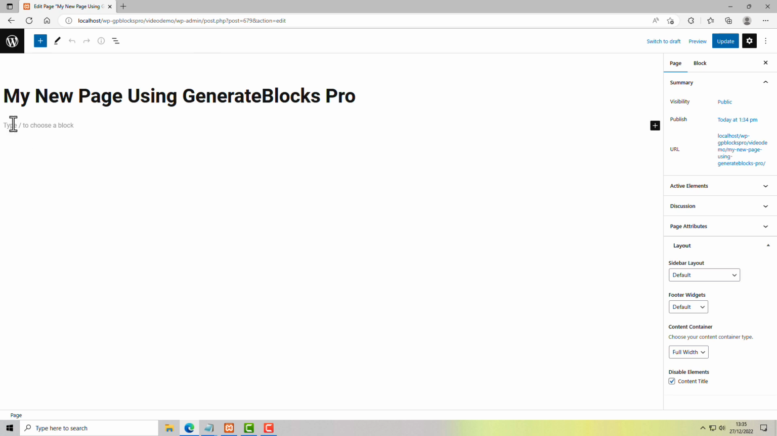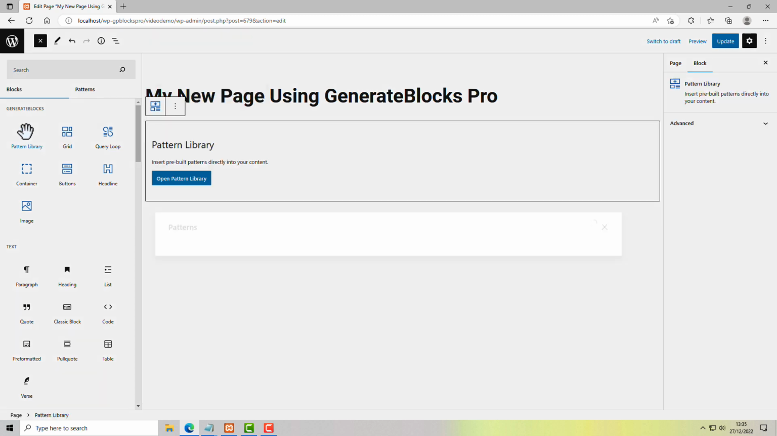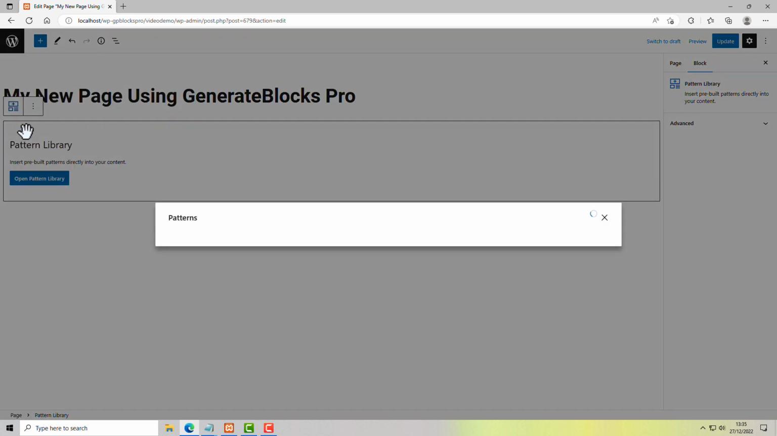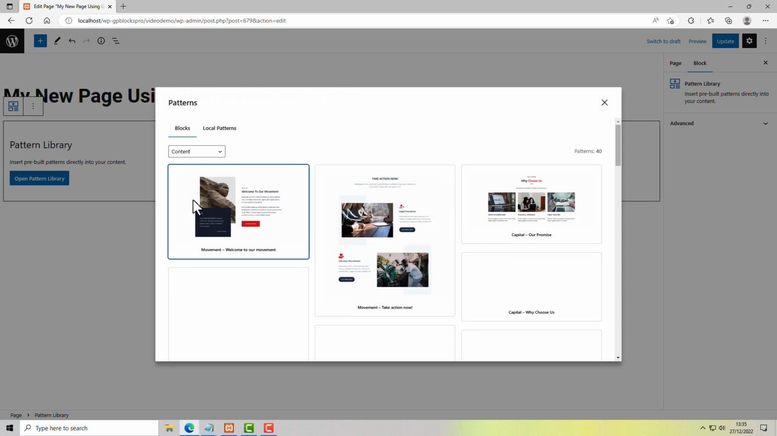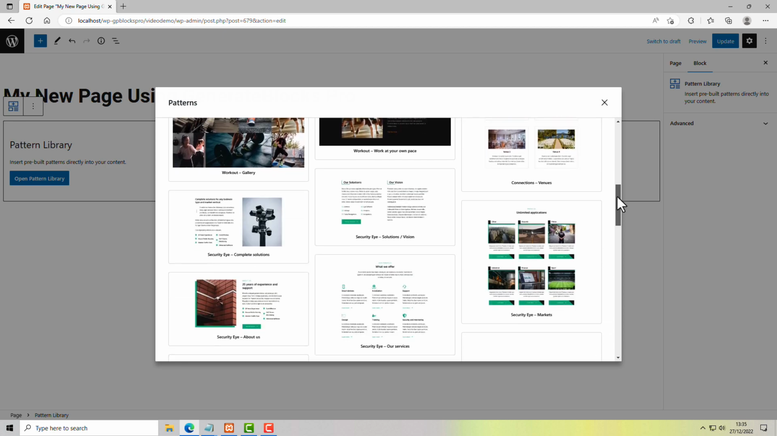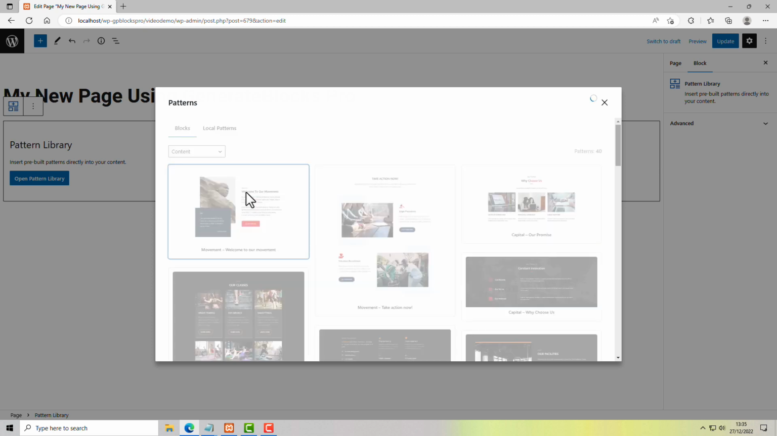All I need to do now, put my cursor in the page, click the blue button, pattern library, and because I'm using the Pro version of GenerateBlocks, I've paid for this version, I can choose from 241 blocks. So I select a category and I want content. I want to use this block. There's lots of them. All kinds of stuff you can use. I'm going to put this one in the top of my page